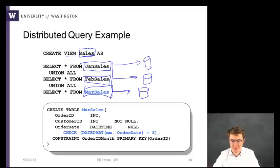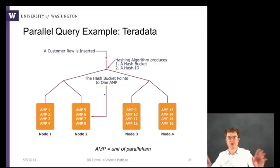However, right, and so this is the create table statement that we didn't talk about for constructing the sales table for individual March. Okay, but again, however, when you process this stuff in parallel, that works great, but when you get the results, you need to send them all back to the single node to finish processing, and that's the limitation of distributed query. So it's great that you get some parallelism, but it can't do everything in parallel, and you can see this when you run performance experiments. But a true parallel query example